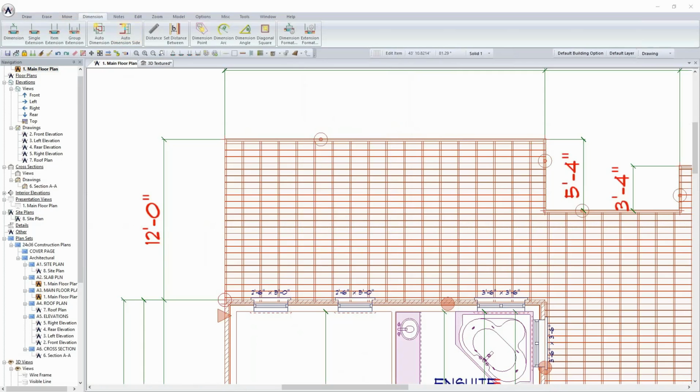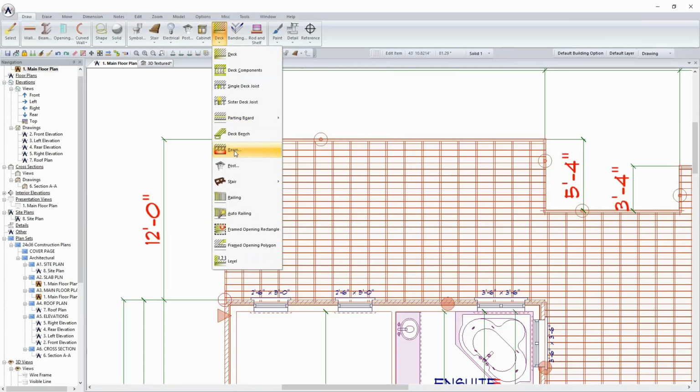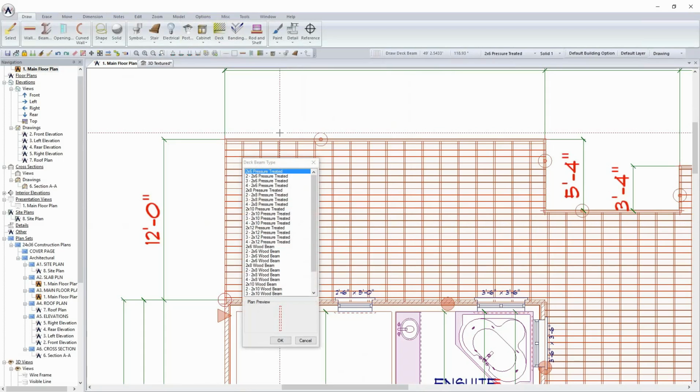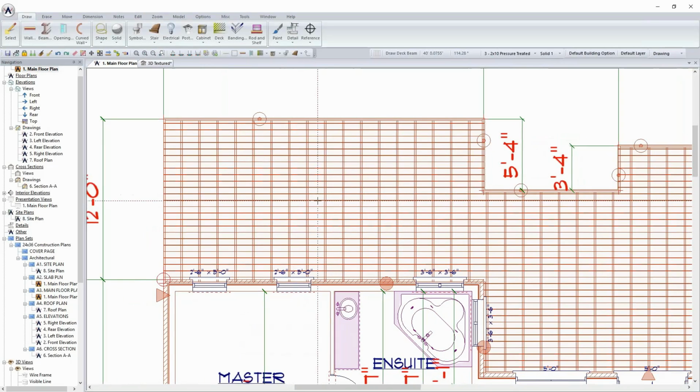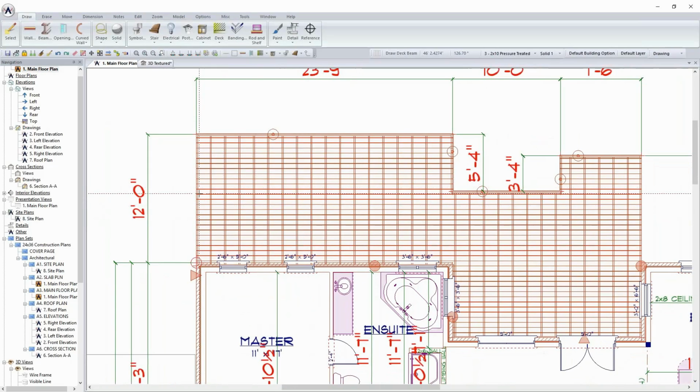If I select draw and I select deck, you'll have a list of beams that are already predefined in there. You can select from these and add them to your plan. In this case, I'm simply going to go down to the, let's see, 3 2x10 pressure treated beam that we're going to use. When I do this, I'm going to click OK. I'm zoomed in so I can see exactly where I want this deck beam to be placed. In this case, I'm just going to run this deck beam all the way across, left to right,